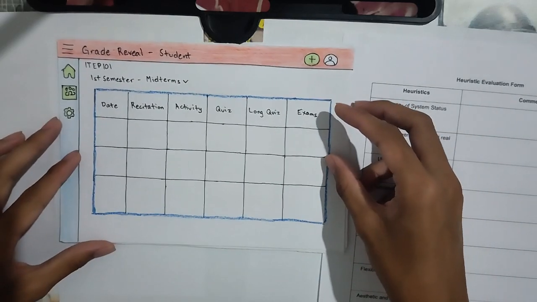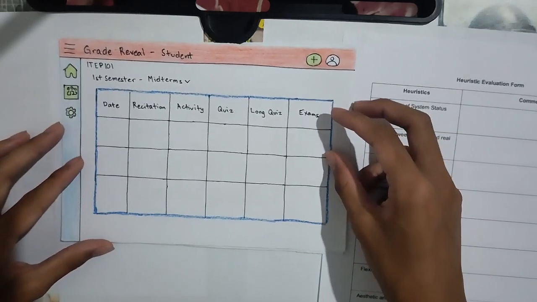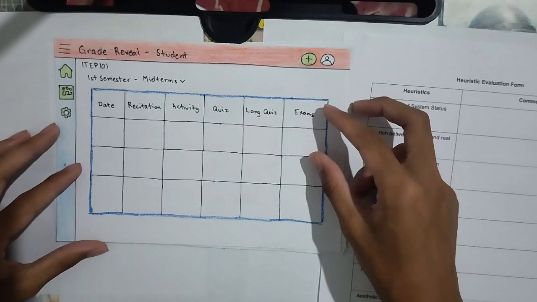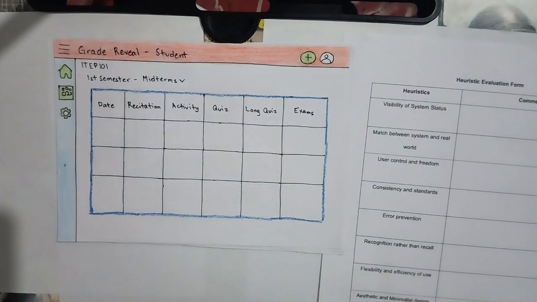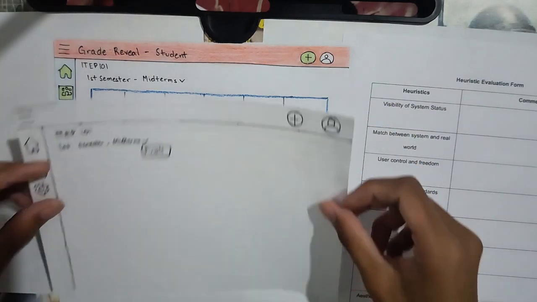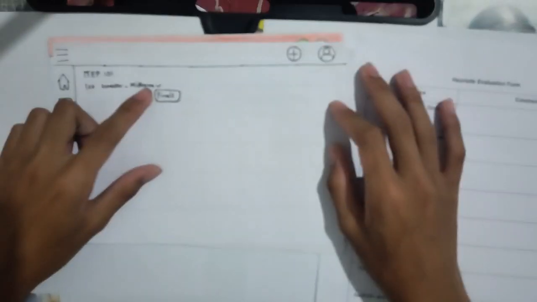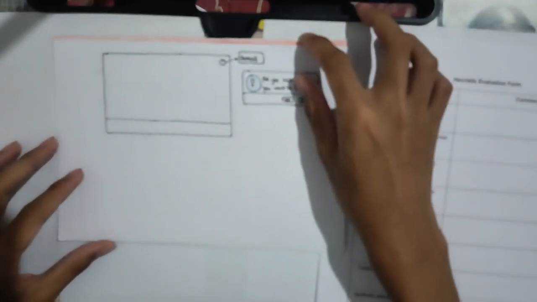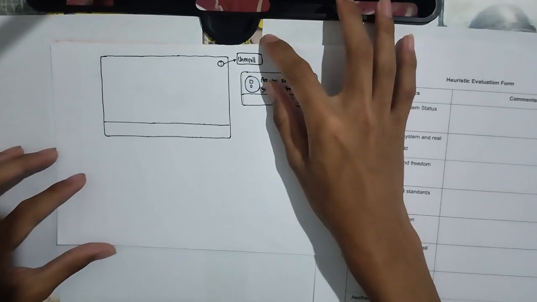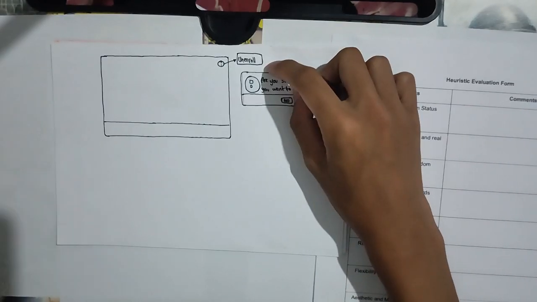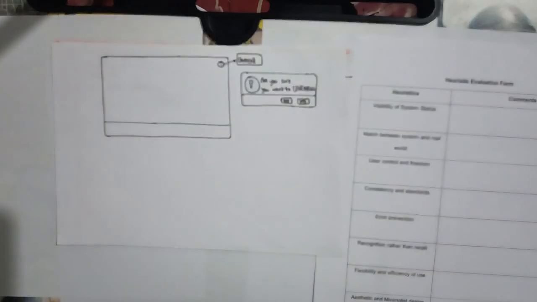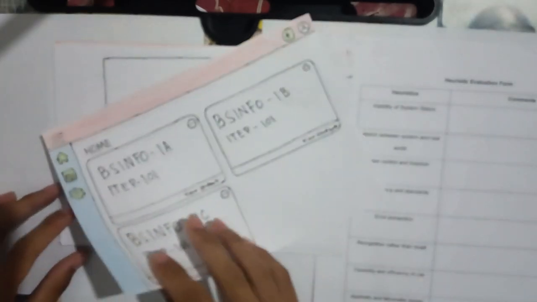This is the view of the student. This is the table where they can keep track of their grades along the semester. The next view is where they can view their grades in the finals here, or the pop down here of the first semester. Then the next one, this is given if the semester is done, they can unenroll from the class. But now let's proceed to the view of the teacher page.